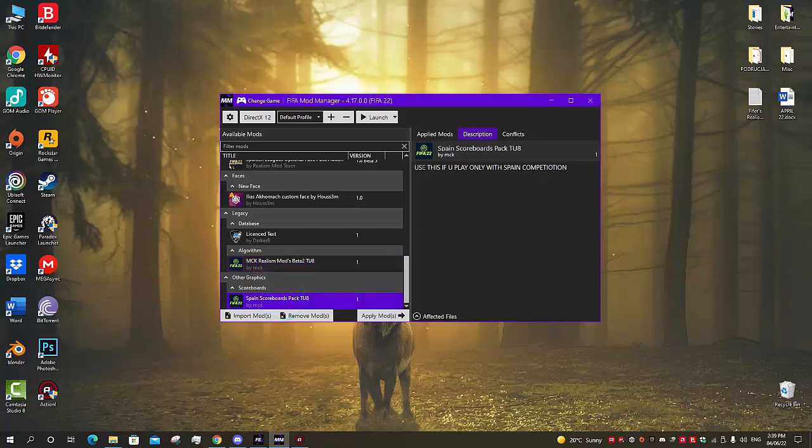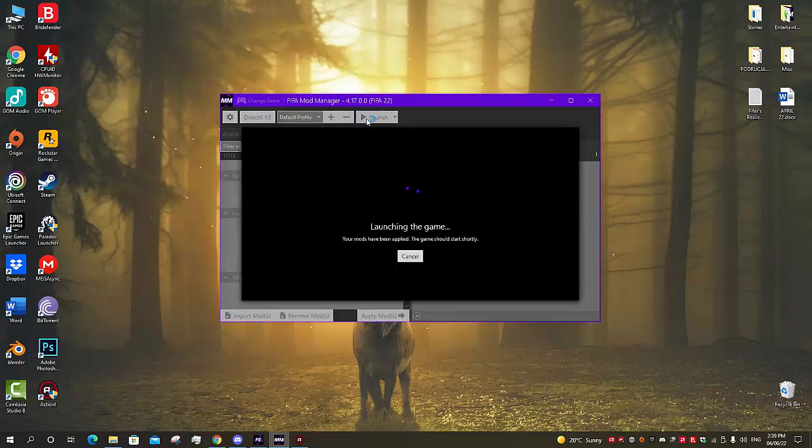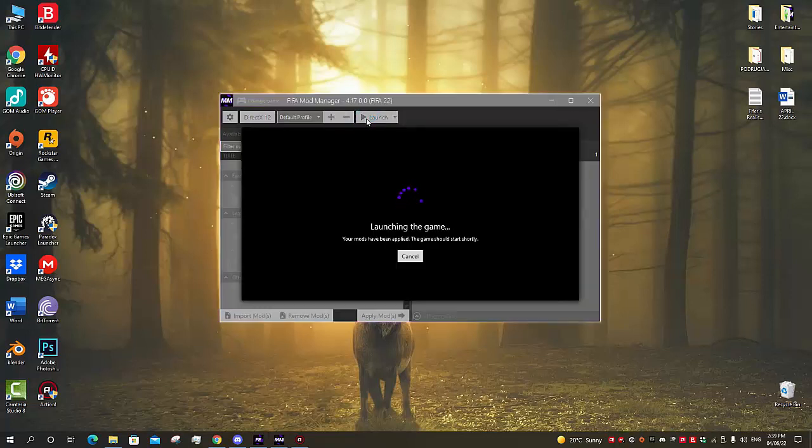Also, he makes scoreboards, so as you can see, he mentions that you should only use one of those for the respective league you play, so that's informative. This mod adds the Spanish Cup and Super Cup scoreboard, and it really looks realistic and nice, and it's really well made. I'm going to start the game to show you the features of these